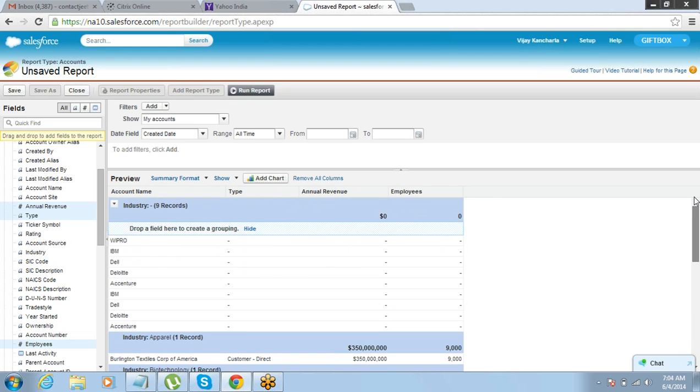So whenever we are doing a summary, we just have to understand 2 things. So what will be the field by using which you want to do the grouping? Second is